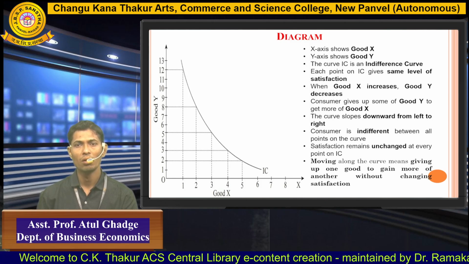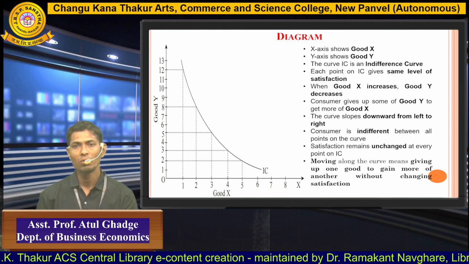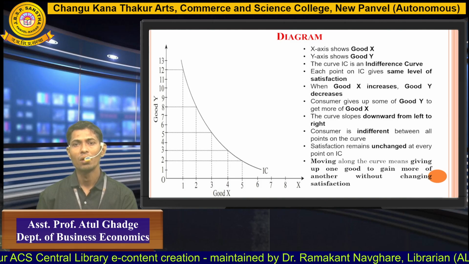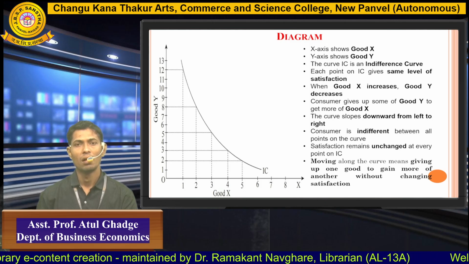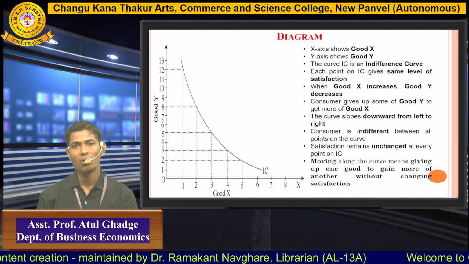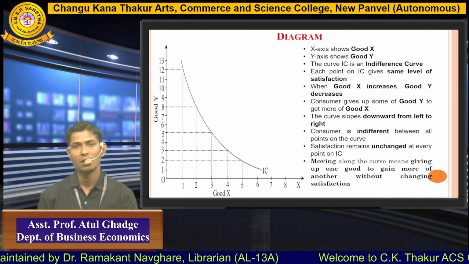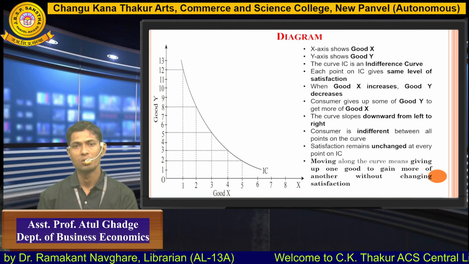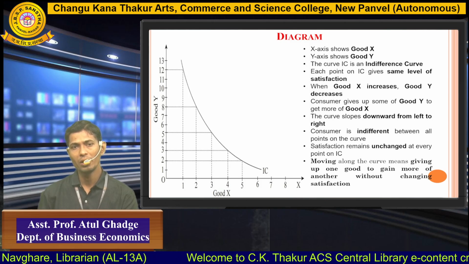So moving along the curve means giving up one good to gain more of another good without changing satisfaction. So therefore on each and every point on the indifference curve we get the same level of satisfaction out of different combinations. So what is the changing pattern over here? Only the combination is changing